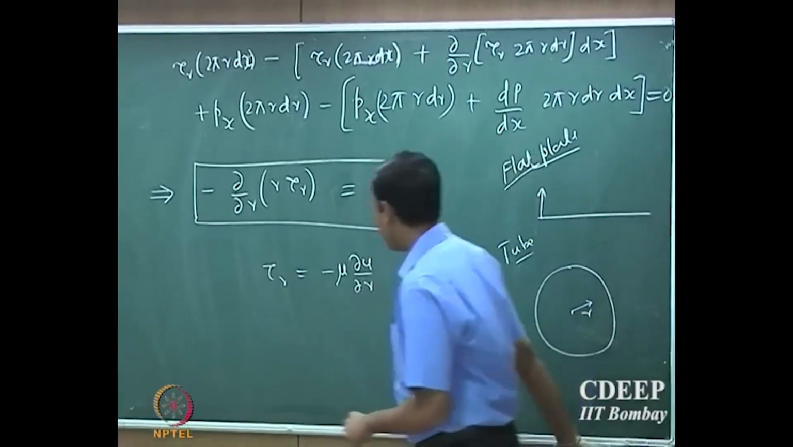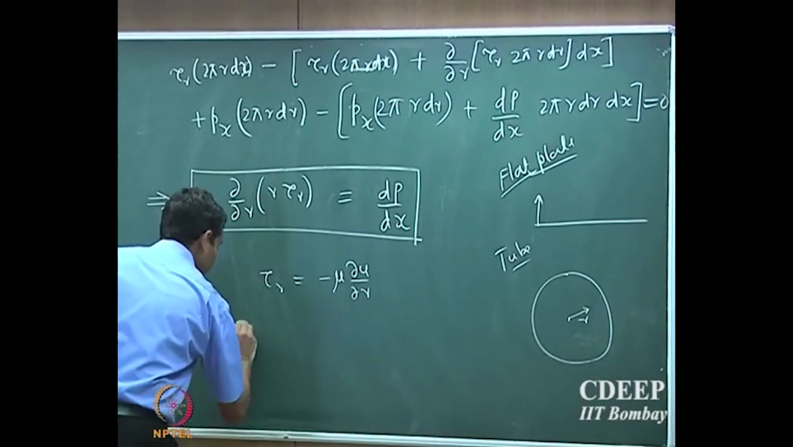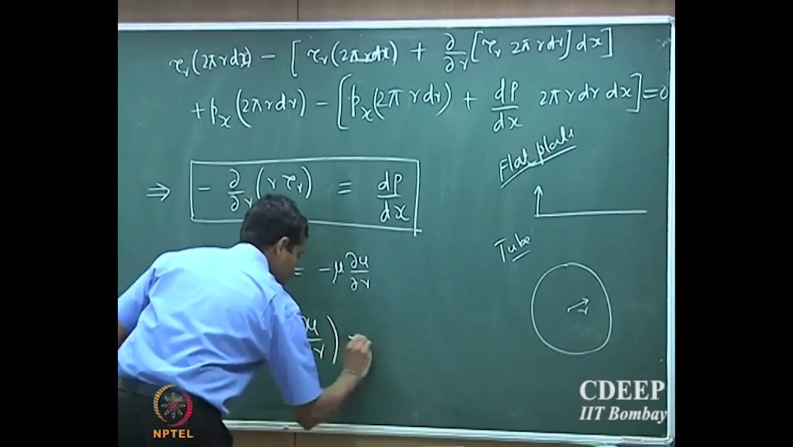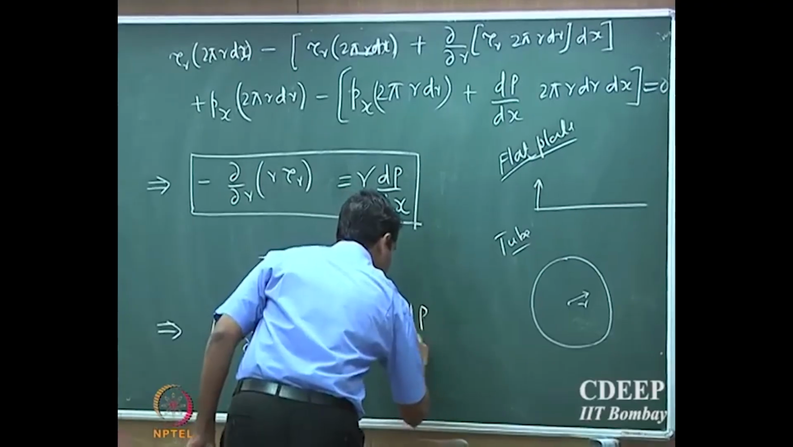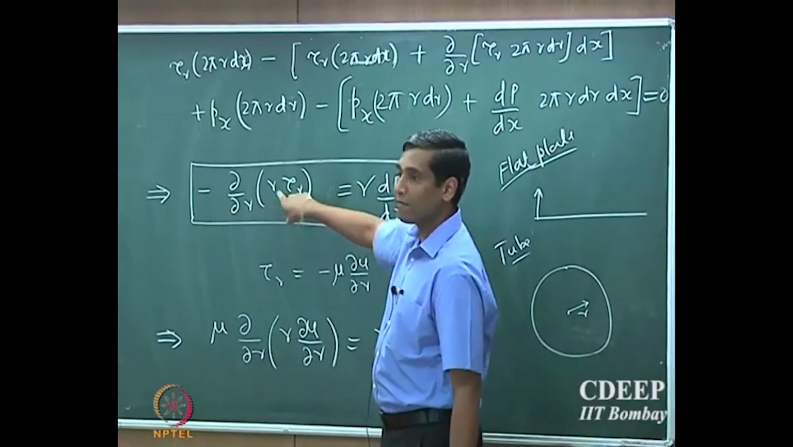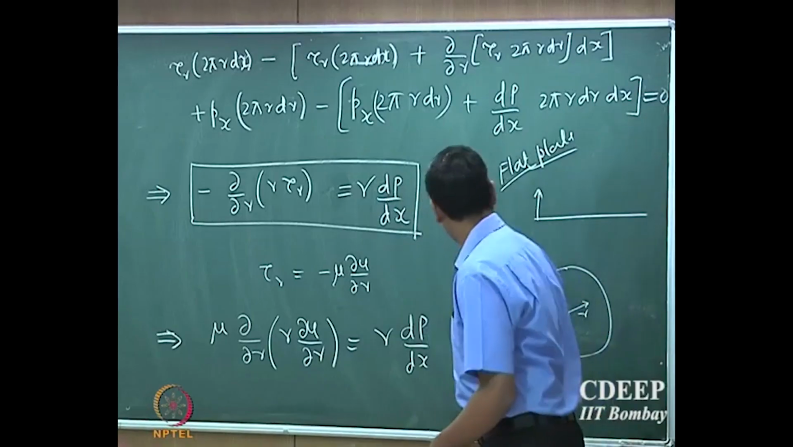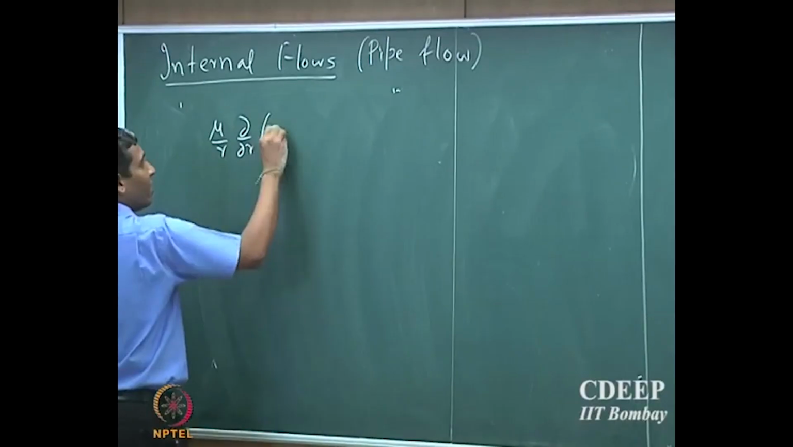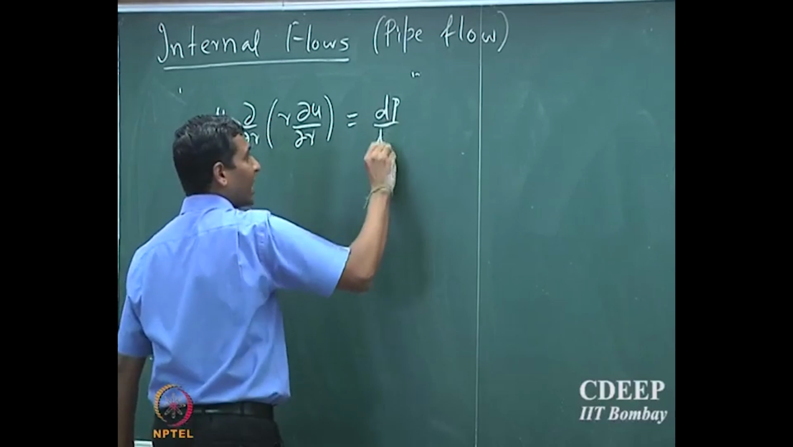Okay. So therefore, if you plug that in, it will be mu into d by dr of r du by dr equal to, oh, I forgot an r here, r dp by dx. So the r doesn't cancel out because it's present inside the differential. It should be r dp by dx. Please correct it. Okay. So mu by r d by dr into r du by dr equal to dp by dx. So that gives you